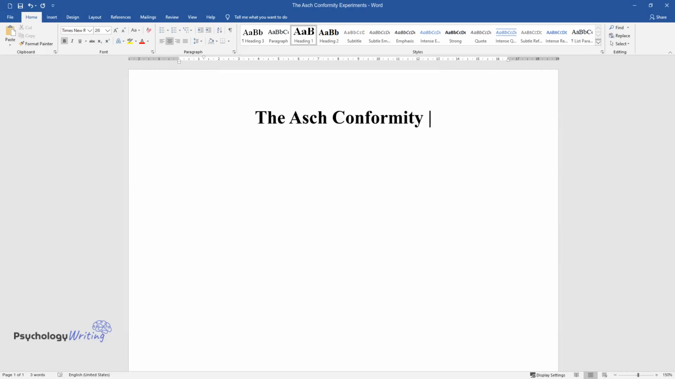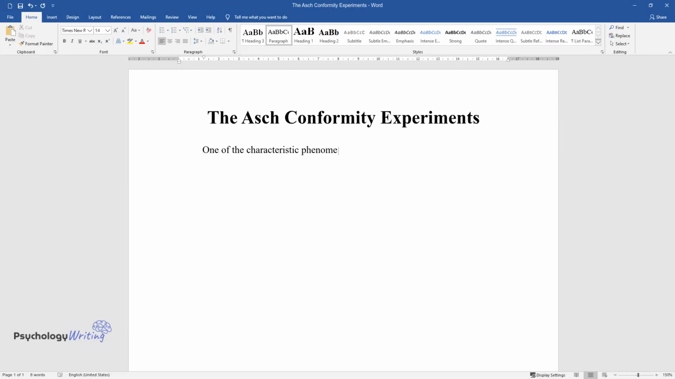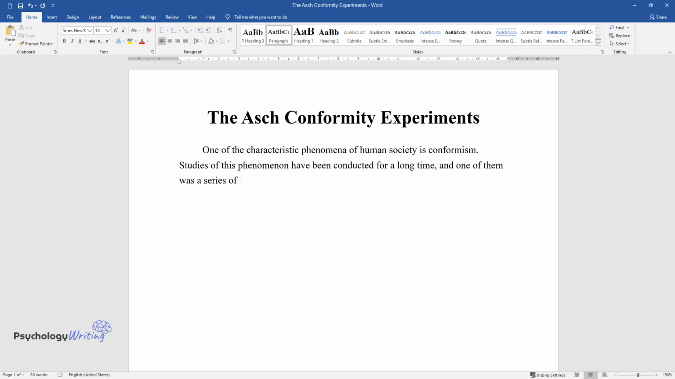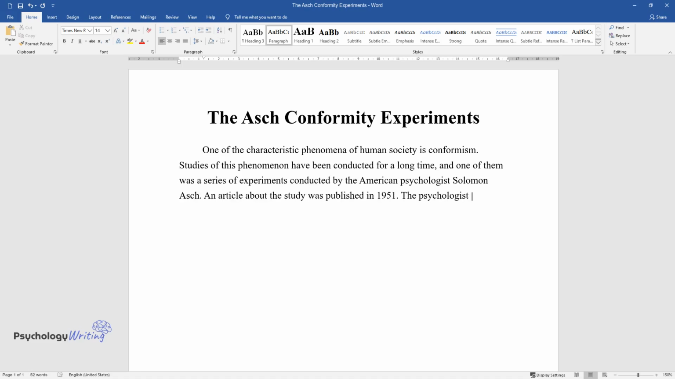The Asch Conformity experiments. One of the characteristic phenomena of human society is conformism. Studies of this phenomenon have been conducted for a long time, and one of them was a series of experiments conducted by the American psychologist Solomon Asch. An article about the study was published in 1951. The psychologist Asch aimed to understand whether one person can resist the majority opinion, even if it contradicts the apparent